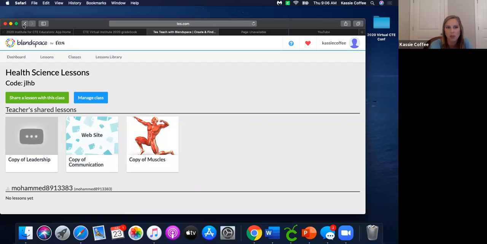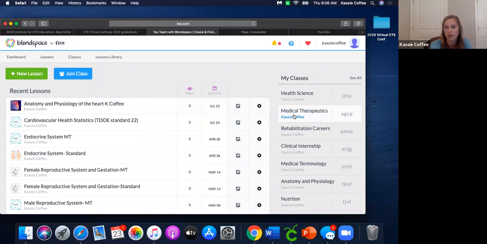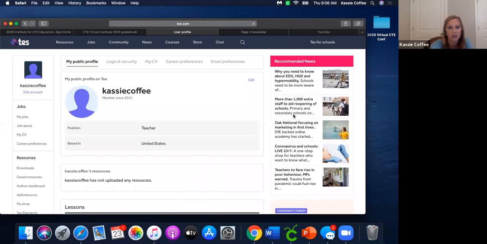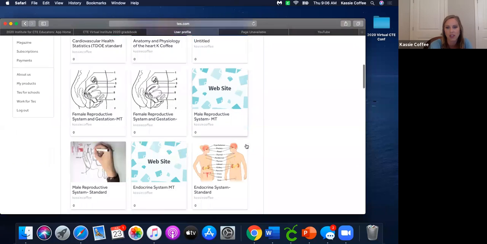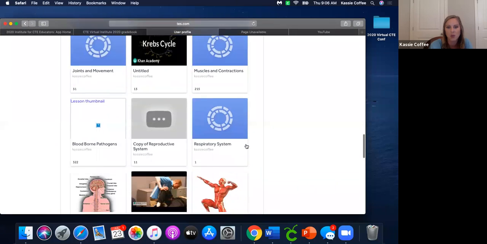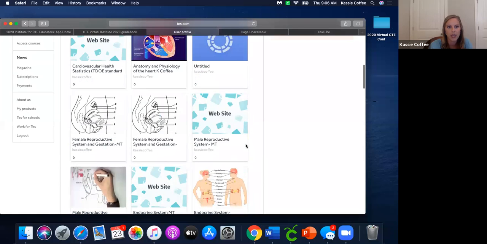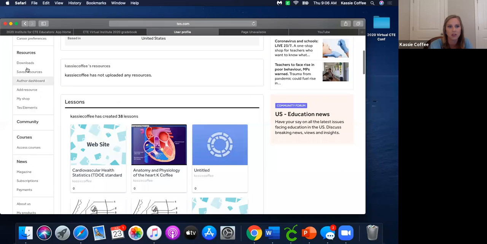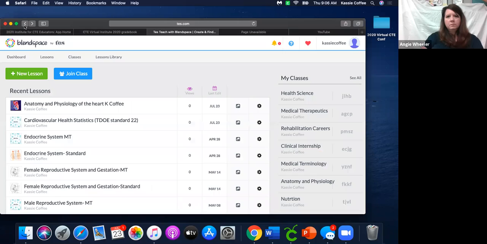And they can join. I'm trying to remember which class I actually had students join in on. Let me go back and see. I think it might have been medical therapeutics that I first started using this. Yeah, I think I had several kids in here. So you can see here, this one looks a little different because I've actually put stuff in here. And this is what I used in medical therapeutics whenever I was back in Montgomery County. And it'll show you over here all of the different things that you can do. Email preferences, courses, and so forth. So there you go.